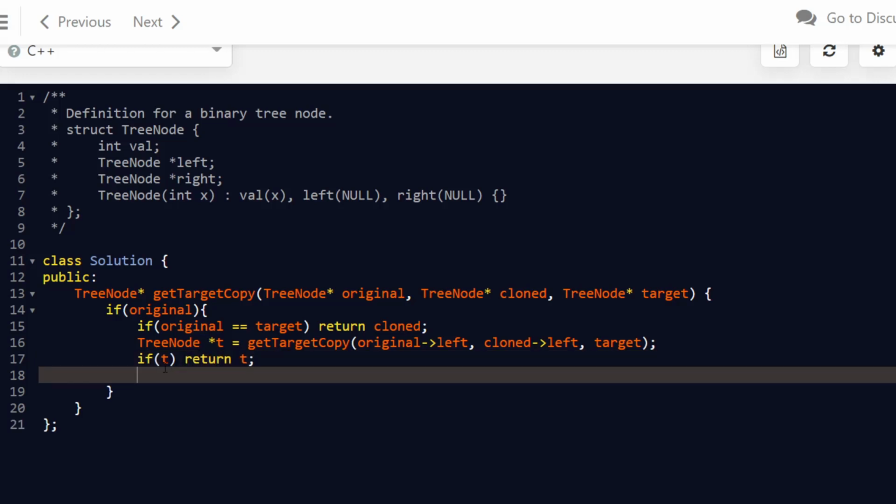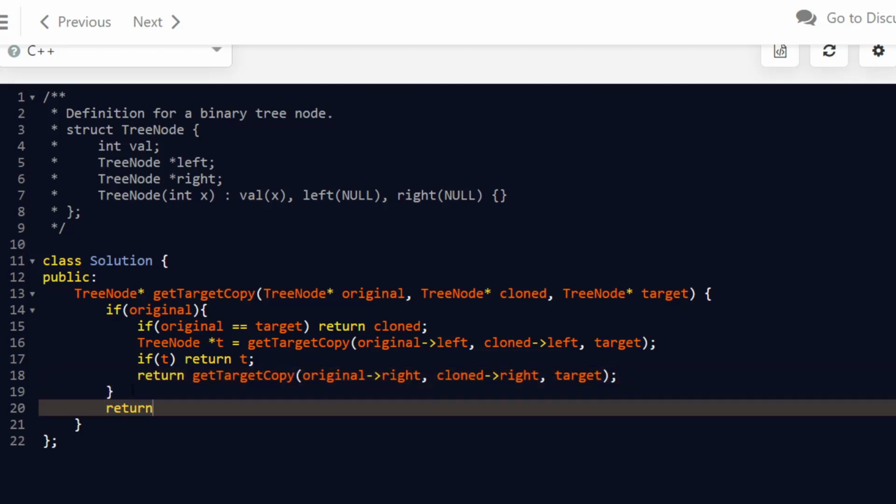If this was null, then it will go further and search in the right part. And it will find it in the right part because both are clones of each other and the target is from the original only. And finally return null if it does not find it.